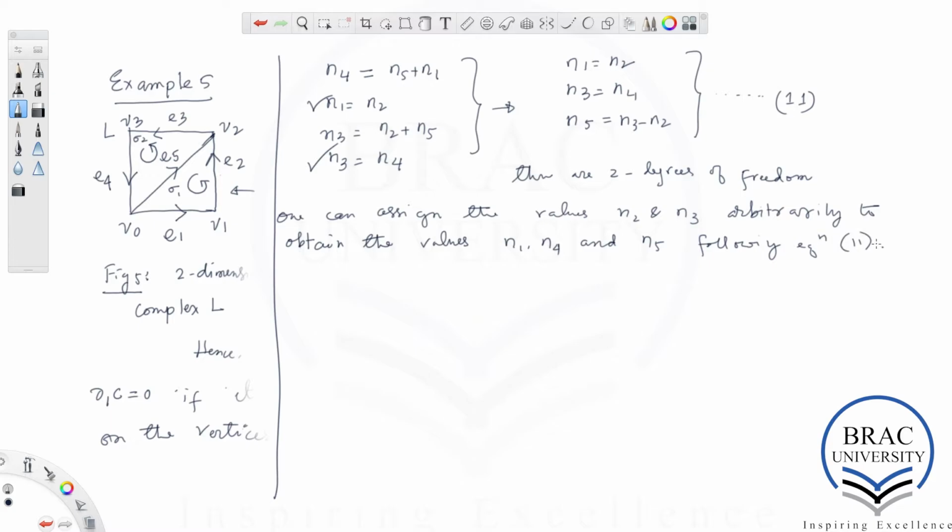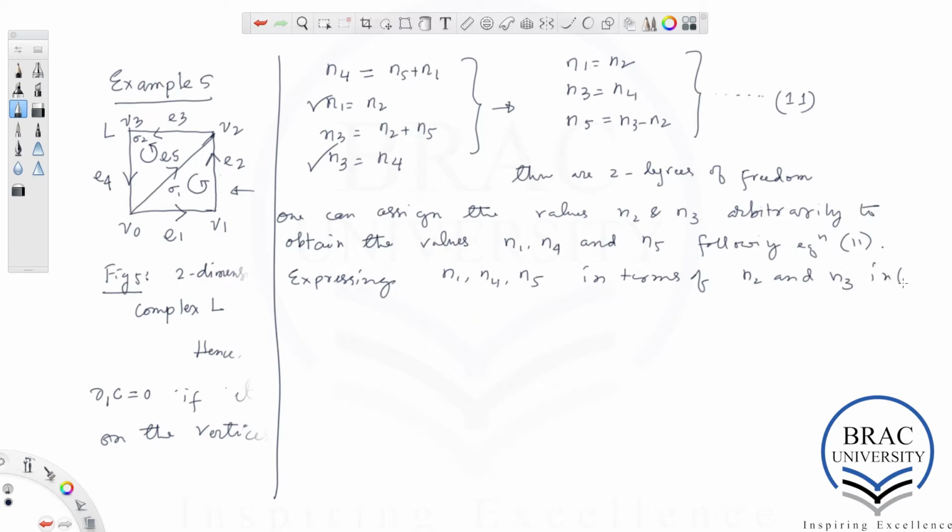So expressing N1, N4, and N5 in terms of N2 and N3